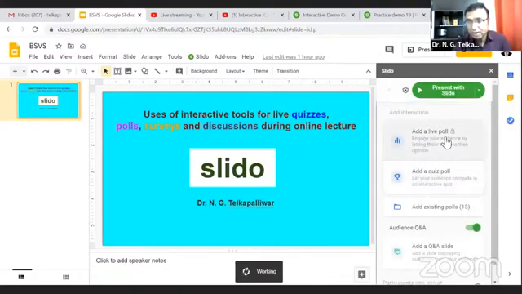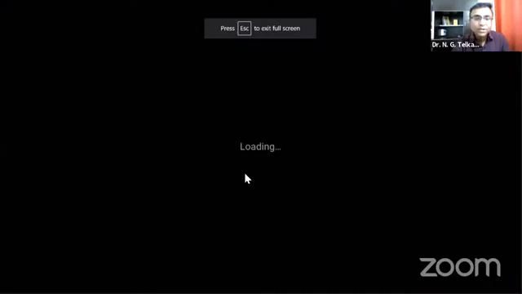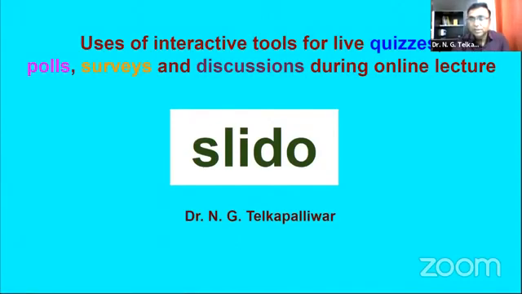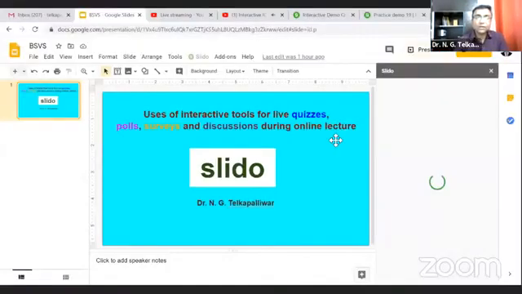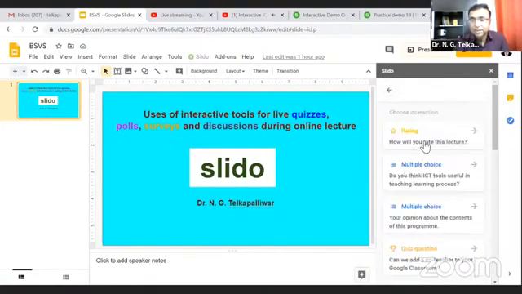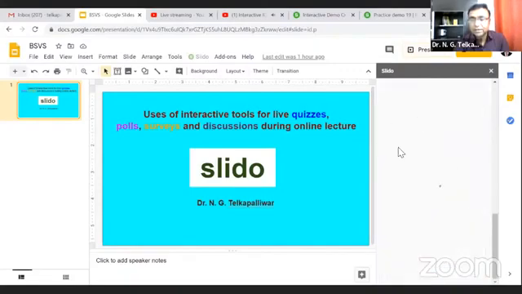So add quiz, poll, add quiz, then join the quiz through this, and they are present with Slido. So what happens within that PowerPoint presentation, by using this Google Slide, you can just go through this slide also. This is the quiz code number, that is 4002, through which we can easily create or interact with the students. So these are the different applications of this Slido. Add existing poll, suppose you are creating a question, rating appears here, all this. So what you need, just click here and activate that quiz.